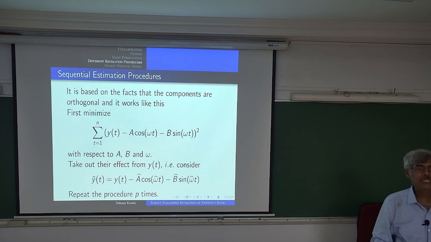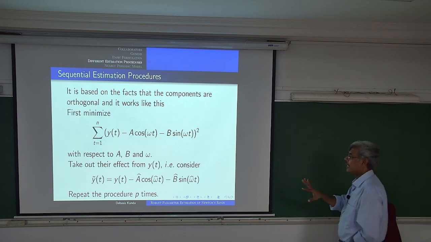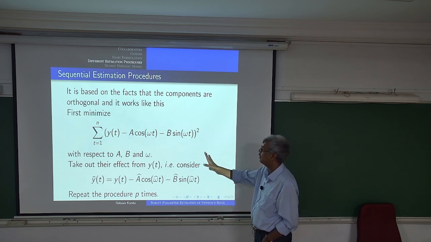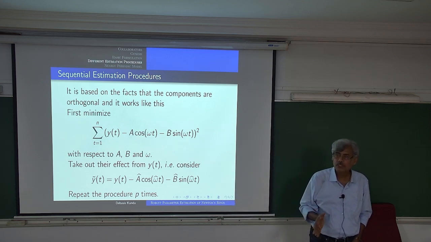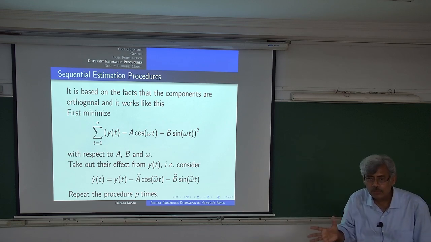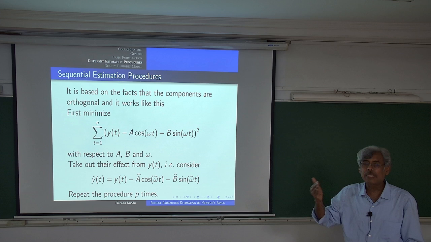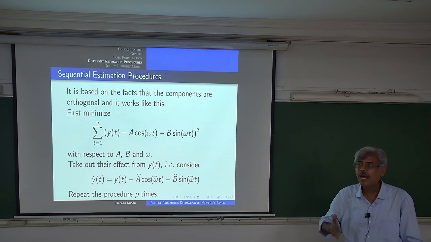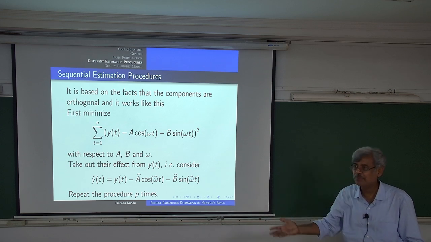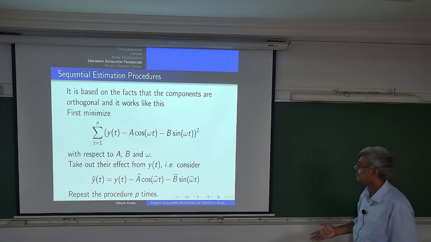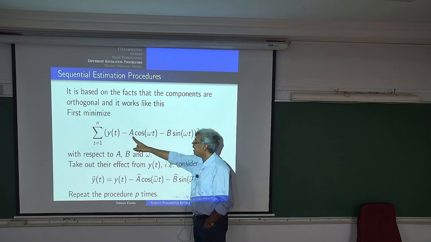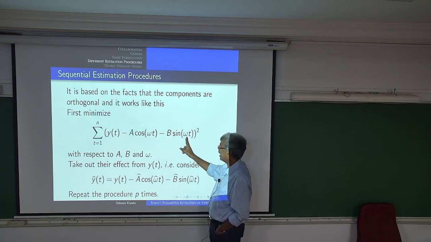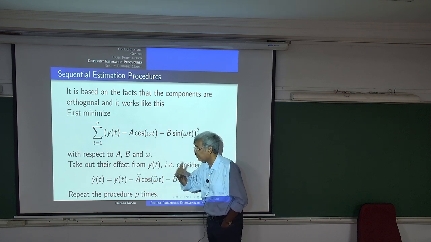The nice part is that both of them have the same accuracy. That means the sequential estimator and the overall estimator. Theoretically, it can be shown that both of them have the same accuracy. So as you can see, now it looks like a solvable one, because even if say p is equal to 100, I do not have to solve a 300-dimensional optimization problem. I will be solving only 100 one-dimensional problems, which becomes much easier. So I'll be doing one at a time, taking out the first component and going on like this.